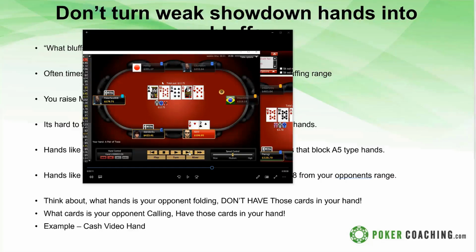I don't beat ace 9 suited. I already beat ace 9 suited, but if I check, there's a good chance that a hand like ace 9 suited or ace 8 suited might bluff themselves, and I'm not going to call with deuces. So even though I beat those hands, it prevents me from getting bluffed. And I just think if I check here with deuces, I win the pot 0% of the time.